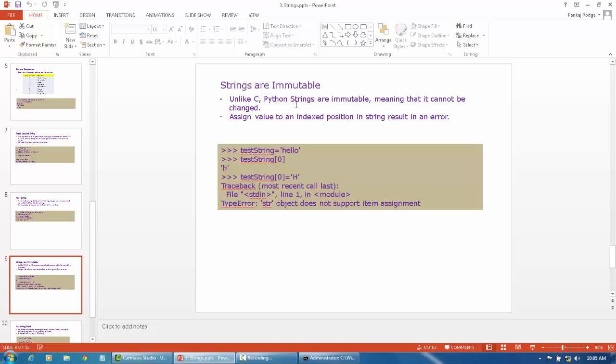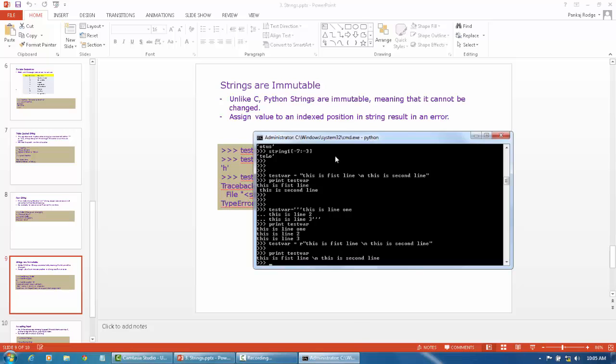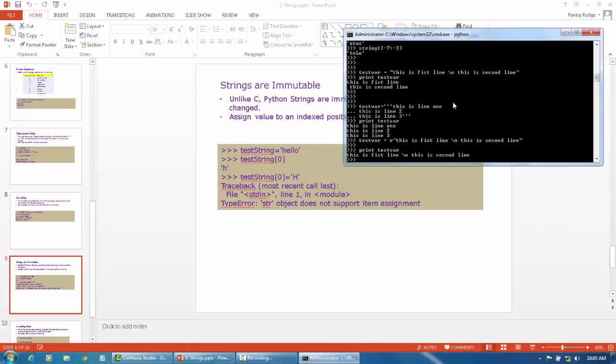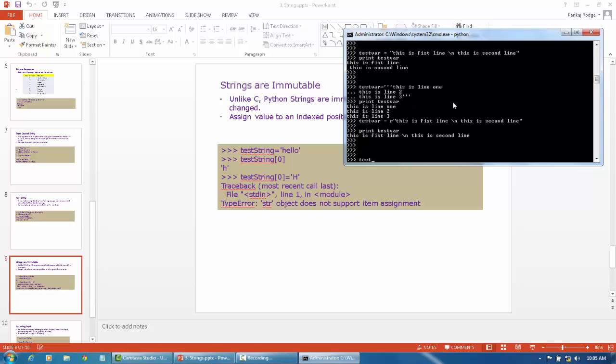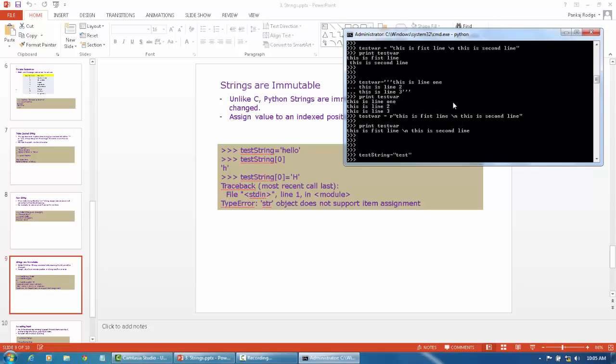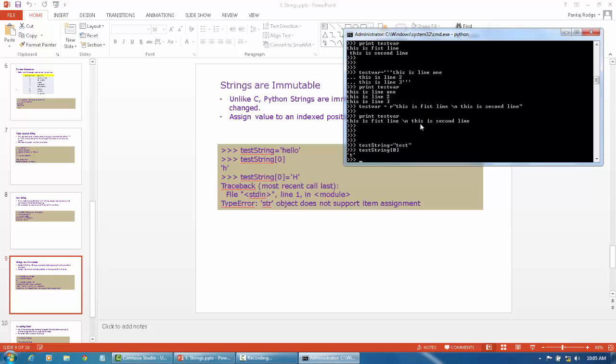Strings are immutable in nature. So what does it mean? We cannot change the string. We know that we can subscript the string, or we can access a string character using the index value. So let's say you have this string variable test, and we know that we can access the first character by 0. So if you want to change this string to a different one,